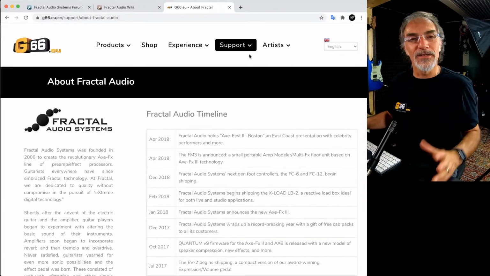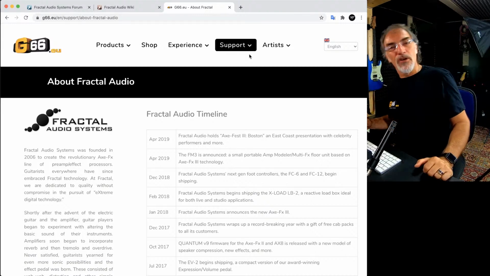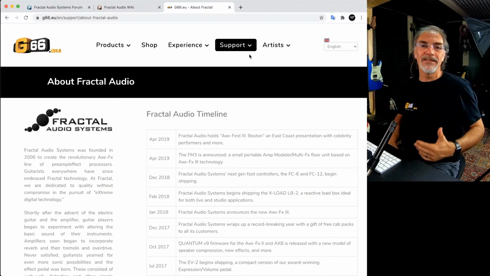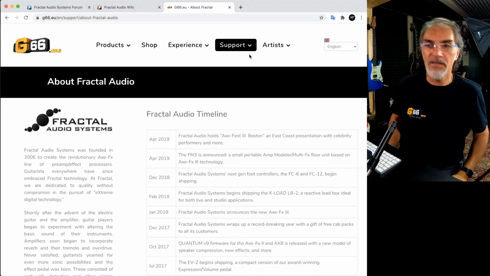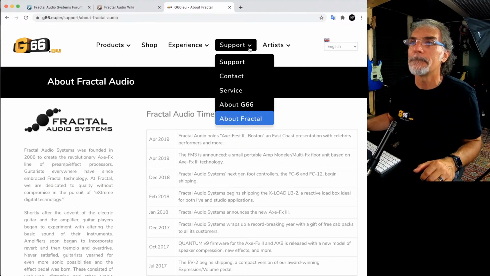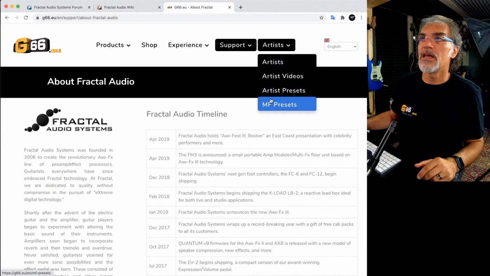Fractal is not only a unit, it's a piece of history, a piece of high-end technology. There is a lot behind this piece of black box, let's say. Also there are the artist videos, MF presets again.